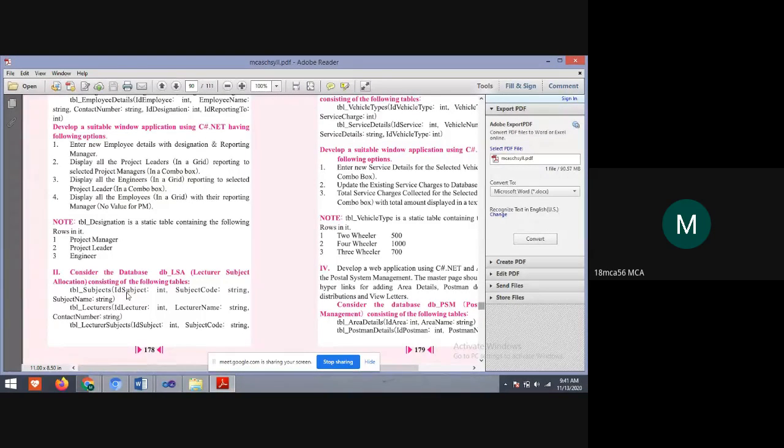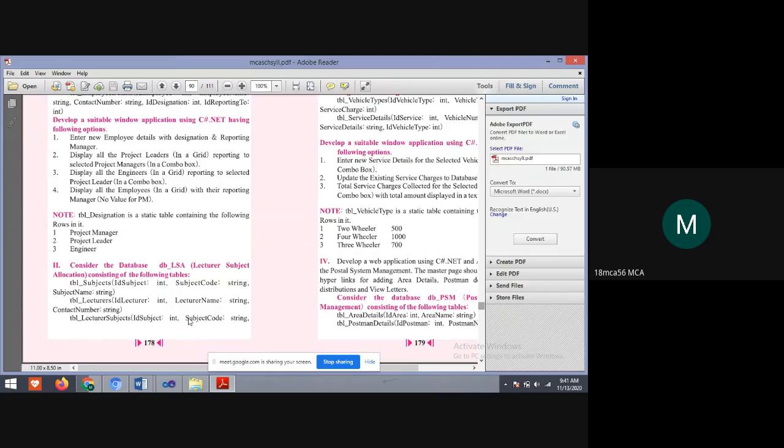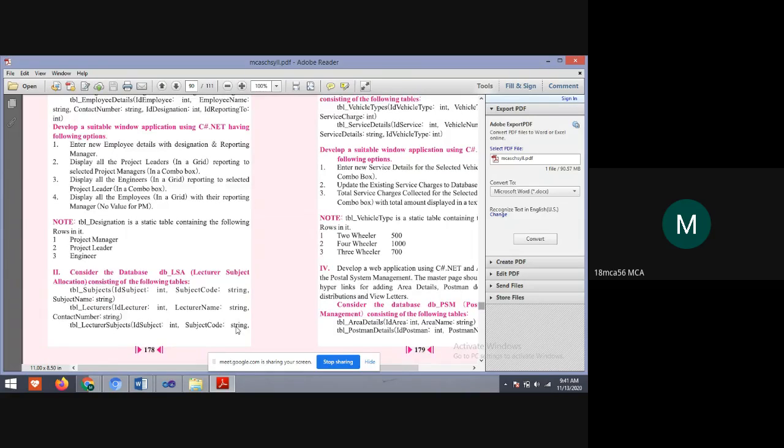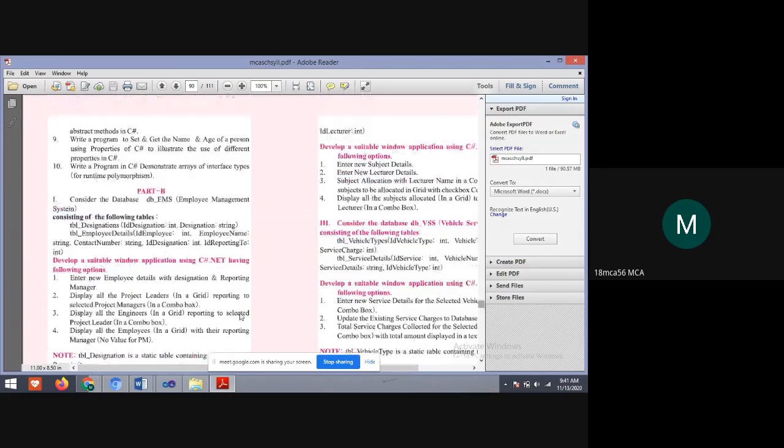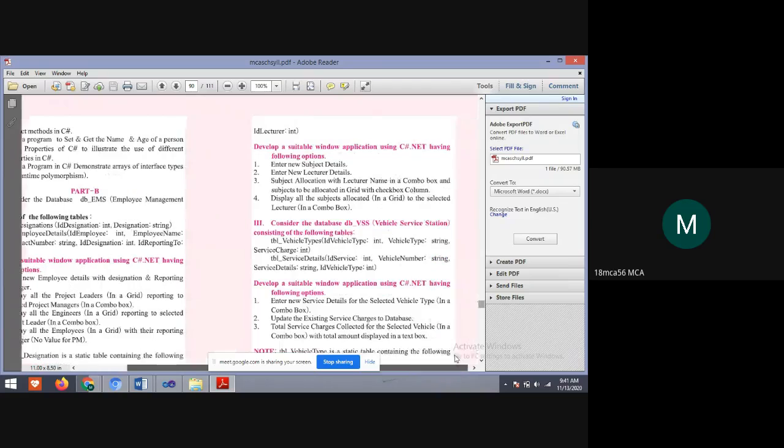The subject table contains the fields subject ID, subject code, and the subject name. And the lecturer table contains lecturer ID, lecturer name, and the lecturer contact number. And the third table is lecturer subject. The lecturer subject table contains lecturer subject ID, subject code, and lecturer ID. So these three tables we have to create, and the queries are: